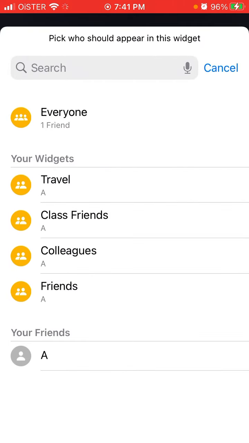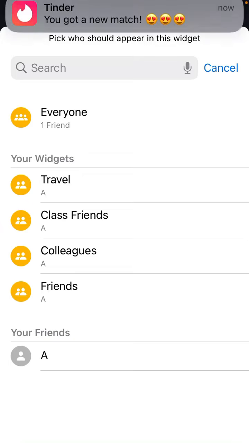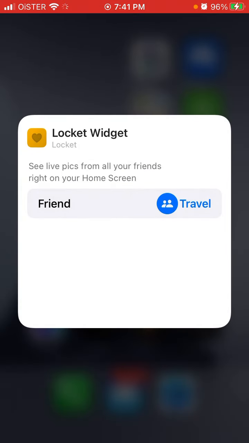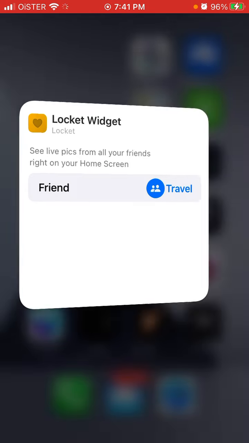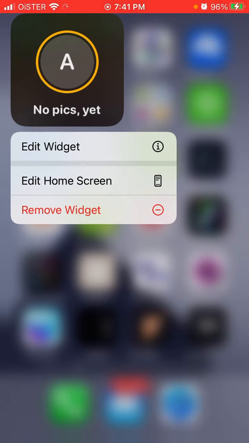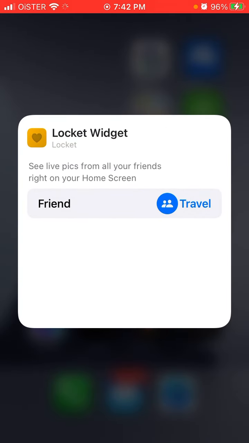and then you will be able to pick a friend and select from either groups or some specific person, or from some travels or some other groups, and something like that. And then you will be able to use that, and you will see pictures either from one of your specific friends, from groups of people which you can create, or there is a new feature where again you can add a crush widget